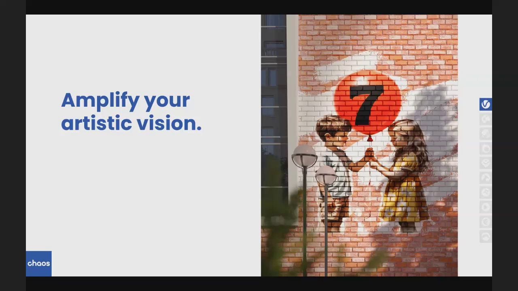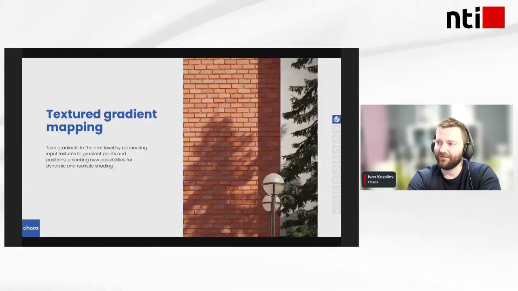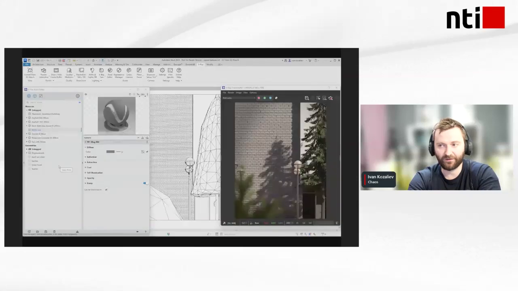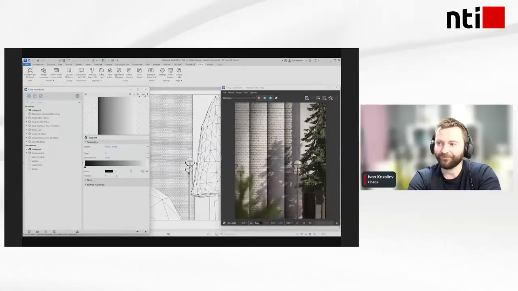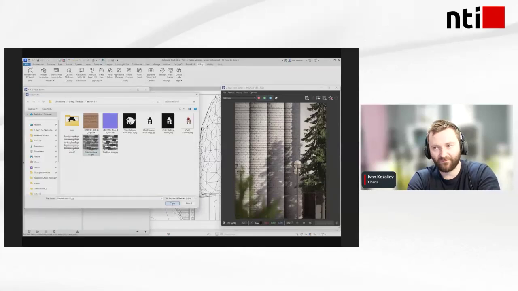As I mentioned, we have a lot of already created materials in Enscape and V-Ray as well, but in that particular case, we've decided that we want to have full control over the appearance of the texture. And for that reason, we used another option, which is called gradient texture with texture remapping. It's a slightly more advanced workflow right here.